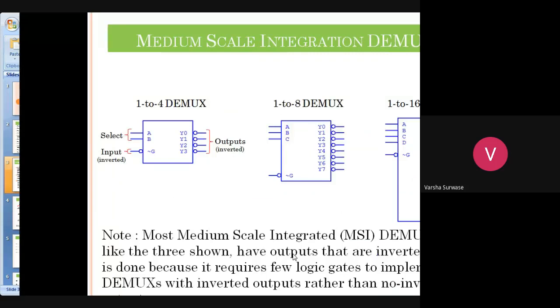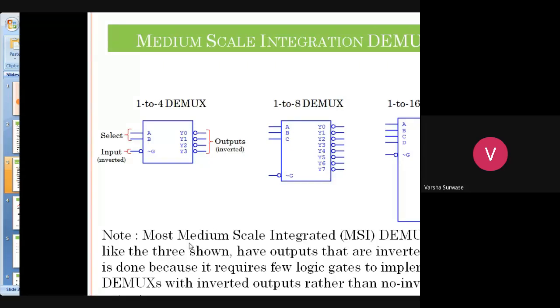Okay. Then we will see the demux tree. We can design a demux tree also. Like a mux, you can design a demux tree. In the mux, when we design an 8 is to 1 mux by 2 is to 1 muxes, at that time you have to use 4 muxes. Like that, you can use this for the demux also.